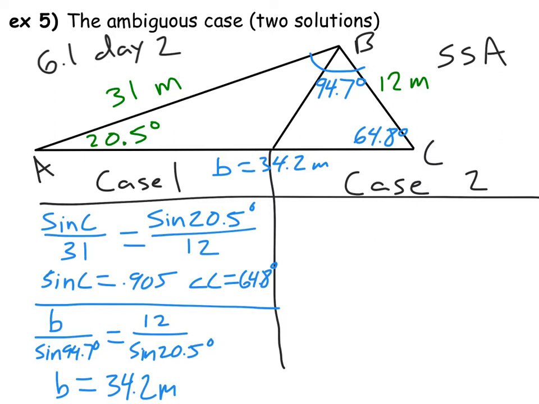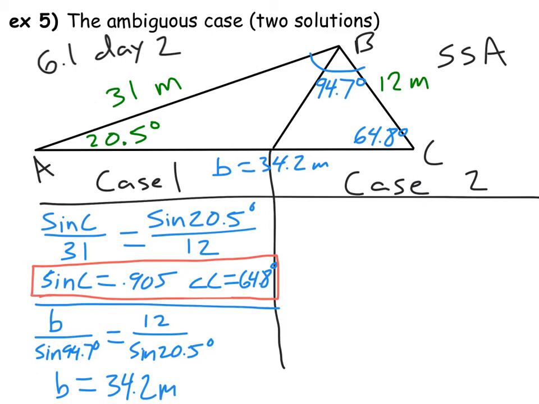And the triangle's been solved. We got all missing sides and missing angles. Okay? Sort of. The issue is right here. Okay? If you compare it to the single solution case that we looked at in day 1, the issue arises